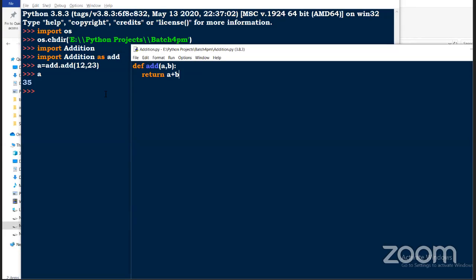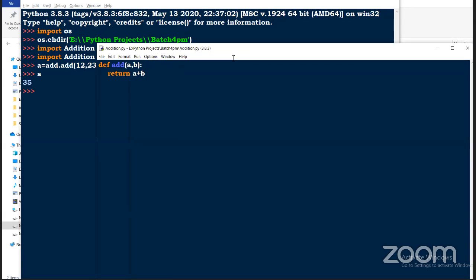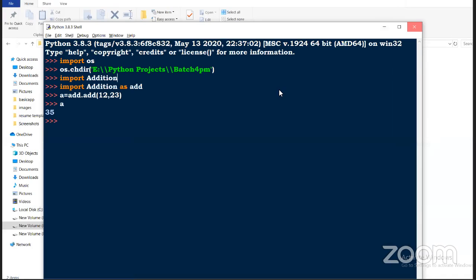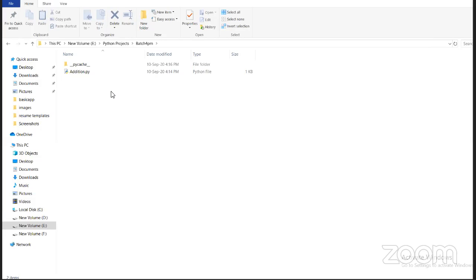Okay, so now we have created a file, only one file, that is called a module. Now I'm going to create a package. A package is just a folder, and you can access it by using the __init__.py file. So in the batch 4 pm folder,